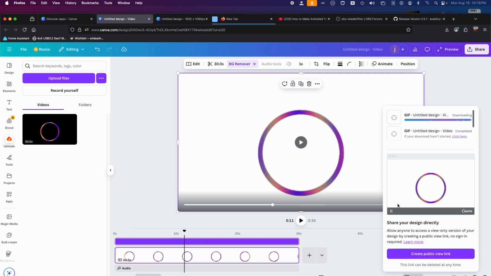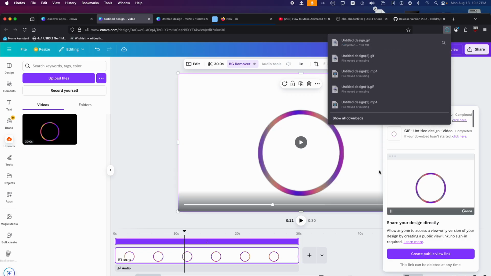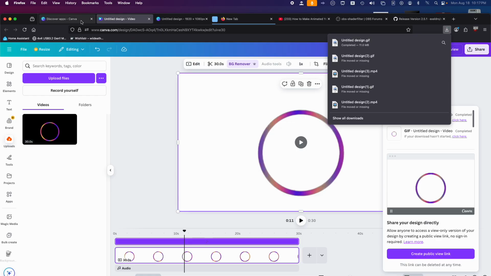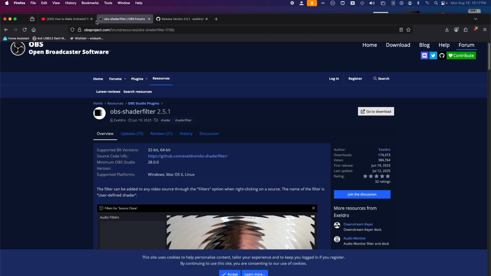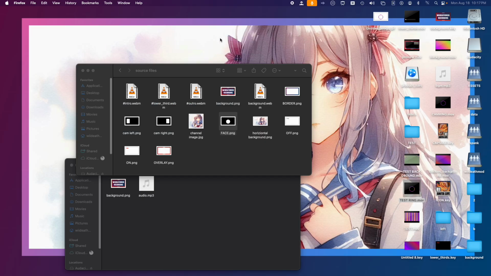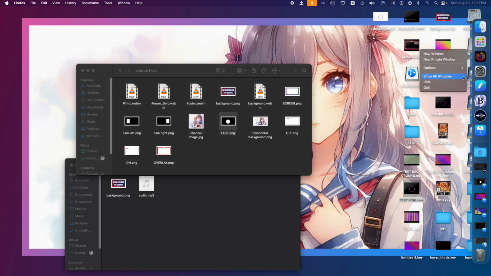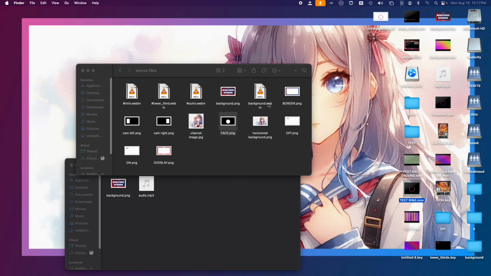And downloading. There you go. The GIF is finally downloaded. So now let's close Canva and the web browser. Quit. Okay, so